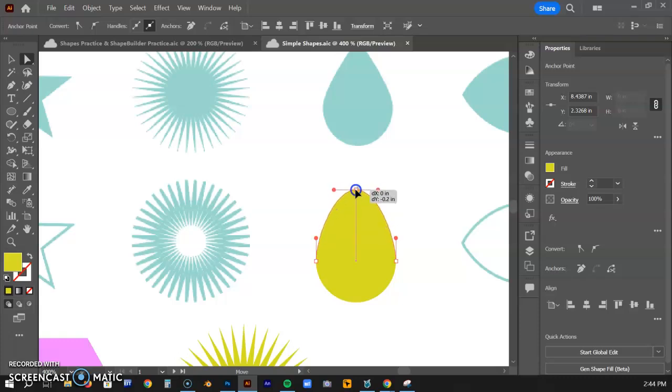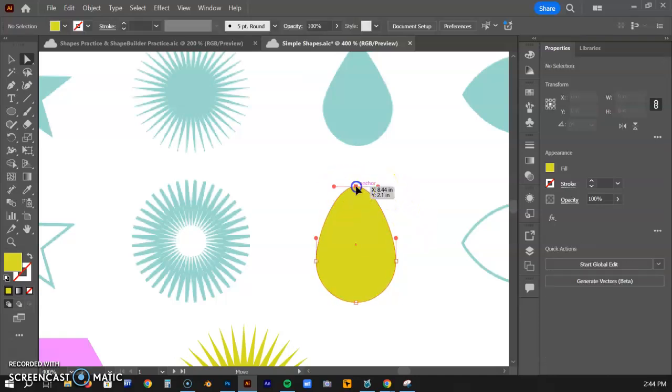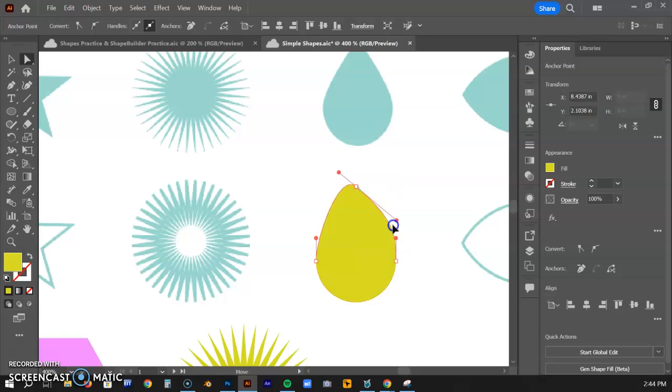And notice that pink line pops up, helps you keep it lined up so you don't go too far one way or the other, so look for that pink line. When you have an anchor point, you get these handles on the edge which start to manipulate the curve that connects those two anchor points. Now I could bring these all the way into the center here and start to get rid of it, but instead what I'm going to do,